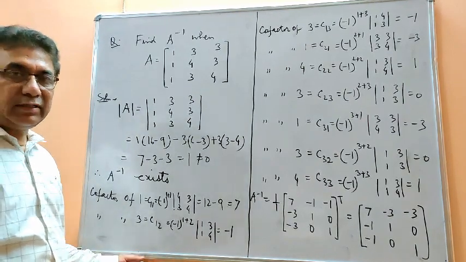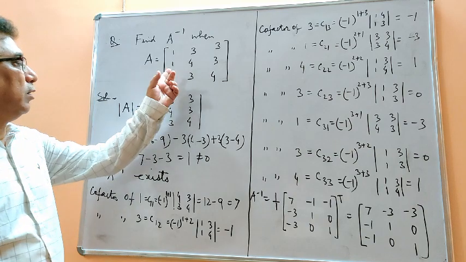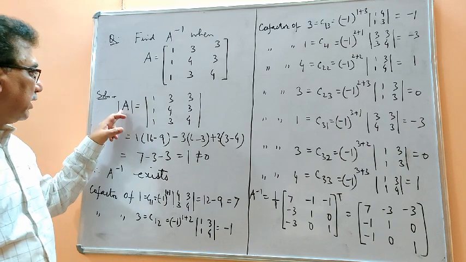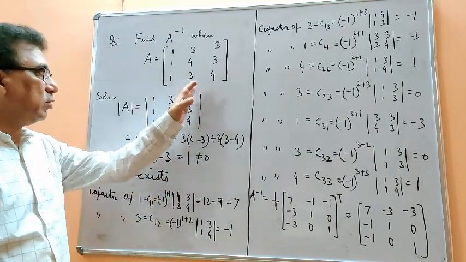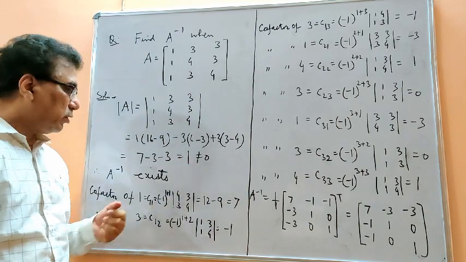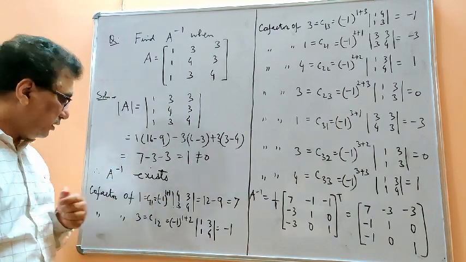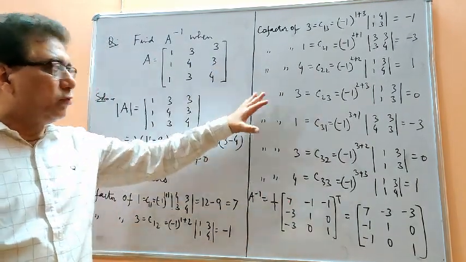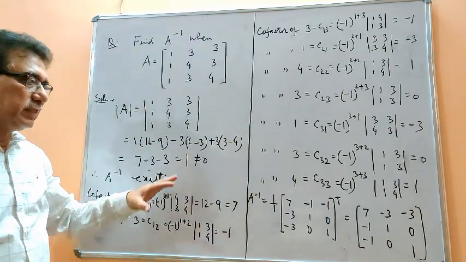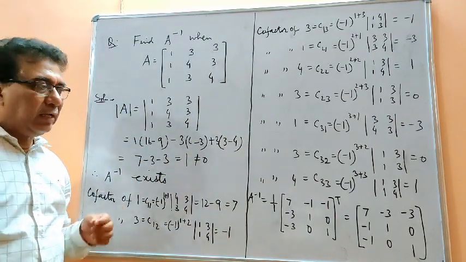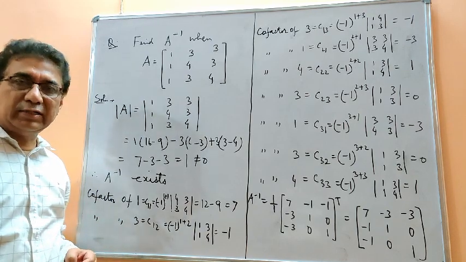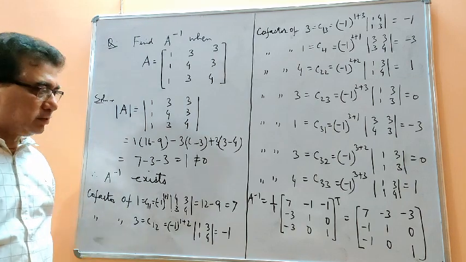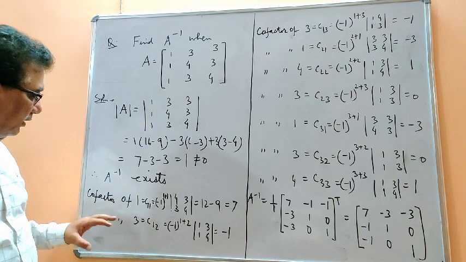Now to explain it further, I have taken one question of order 3, and we have to find the same thing, A inverse. Again, first I have calculated determinant A to show that it is a non-singular matrix. The determinant is 1, which is not equal to 0. That's why the conclusion is A inverse exists. Then I have calculated the cofactor of each element. I have just given you the idea of how you have to attempt this question in the board examination. And remember, shortcuts are not allowed in board examination answers, because these questions carry good marks, like 4 or 6 marks. So you have to explain all the steps. That's why I've written everything here.